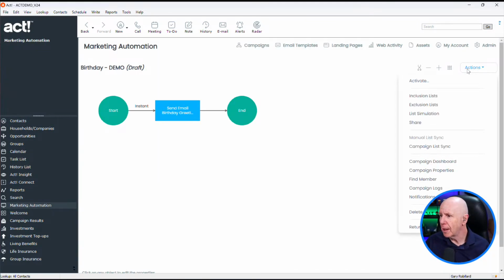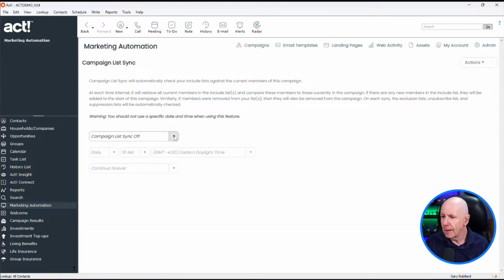So I've got the email set up. I've got the group. So each day I'm going to have somebody come in, somebody come out, depending upon whose birthday it is. And then all I do here, and I'm so glad they did this, I asked them about this a long time ago, and finally they've done it. And I don't think I was the influence on doing it, but it was one thing on my radar. So what you can do is you turn on this list sync.